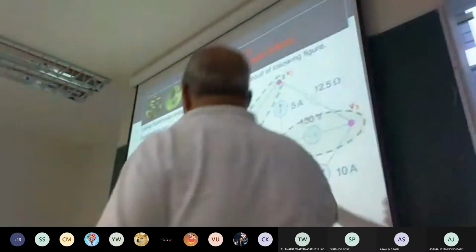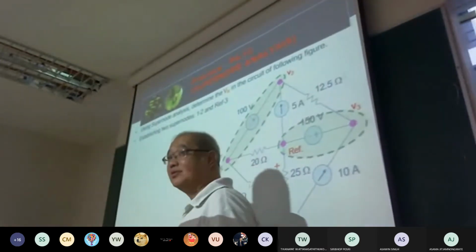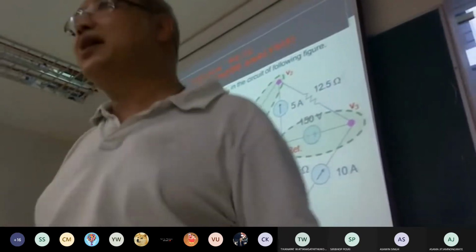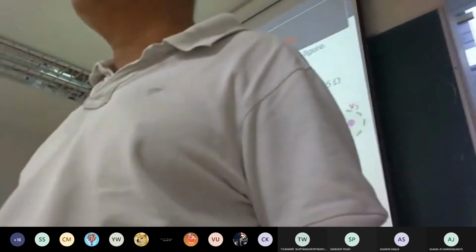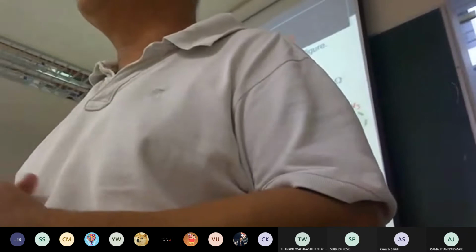Remember, read the instruction in the paper very clearly, okay? When I order you to use the supernode to solve that, you must try to highlight which node should be the reference and which node should be the supernode, okay? And don't forget to state which node should be the supernode. If you don't write or state anything, I don't know what you mean about the supernode, okay?